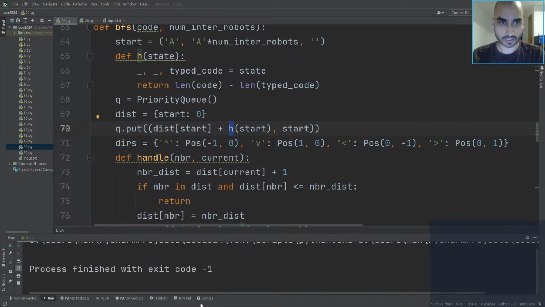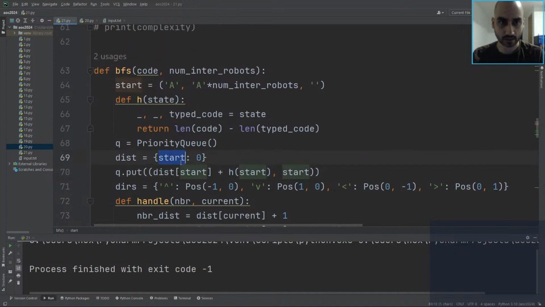G score is the distance, F score is heuristic applied to the start state. And then G score when we're